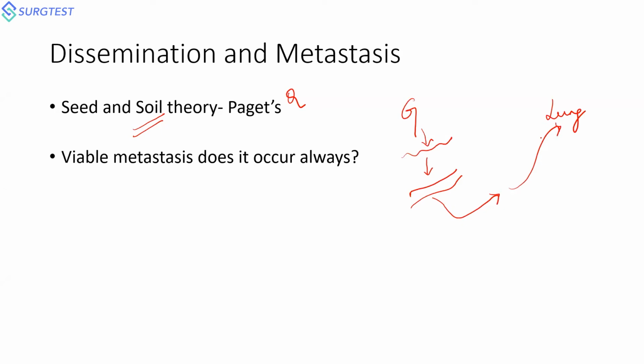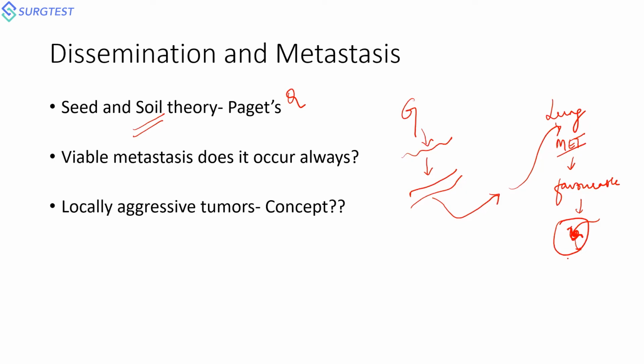Just by mere deposition does not mean it will develop into a viable metastasis. That is the difference I'm telling. Just because it is being put down there, it doesn't get an environment there. Again, there will be mesenchymal to epithelial transition occurring there. There will be a favorable internal milieu, meaning the host tissue or the lung parenchyma has to have a receptor, or it should secrete certain genetic growth factors for these cells to sit down, multiply, and proliferate and develop into a metastasis. So a viable metastasis requires a lot of sequence of events for a deposited cell to multiply and be visible in your imaging